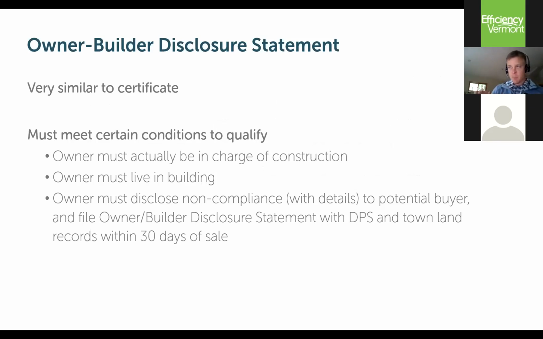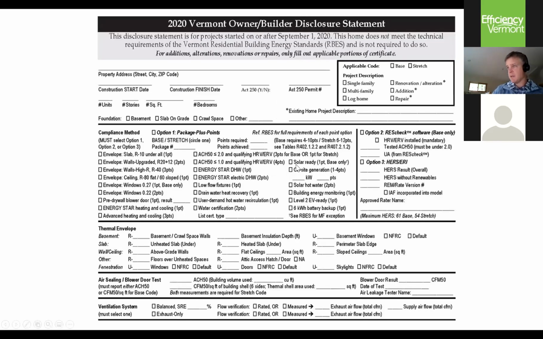Okay. Owner builder disclosure statement: again, it's very similar, basically the same structure as the standard certificate. So we'll show that here. Same thing, you're filling out information about the building. Ideally, if you're an owner builder, you would have been using one of these packages, one of these options here to guide your specifications for the building. So as relevant, the owner should still be choosing one of these options and putting in what they've done to comply in these areas. But at a minimum, this section needs to be filled out in detail,